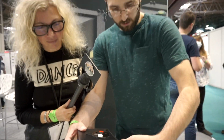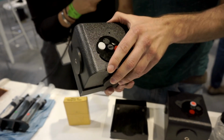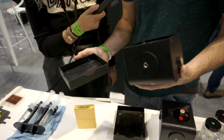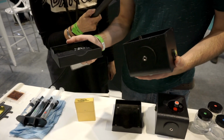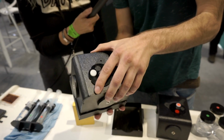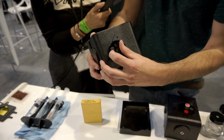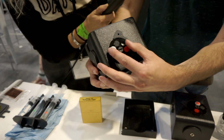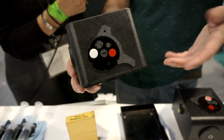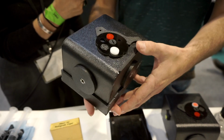So as a camera, all you do is you have a dark bag. You load the paper into the camera with a dark bag. Shut this up inside the dark bag, and then you open the shutter here, like so. Expose your paper for however long. On a sunny day, it's normally about a minute to 2 minutes. Shut that up, and then you use